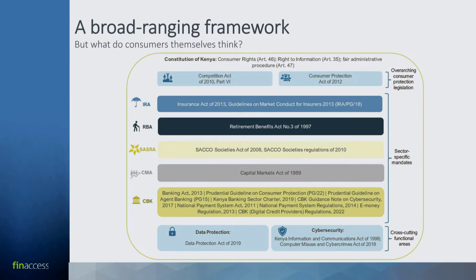More broadly, you want to build a financial sector that instills confidence and trust in consumers. So you need to protect consumers' assets, prudential regulation. You need a competitive financial sector, so you need competition. You need data protection. You need cybersecurity to be in place. And you need a comprehensive regulatory framework that encompasses all these elements and sets up appropriate oversight bodies across all areas of the financial sector.